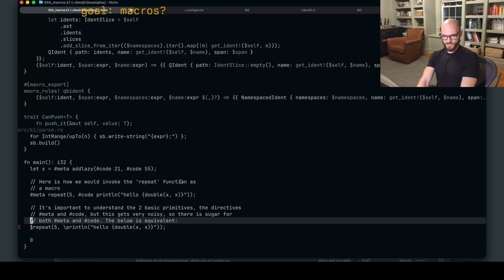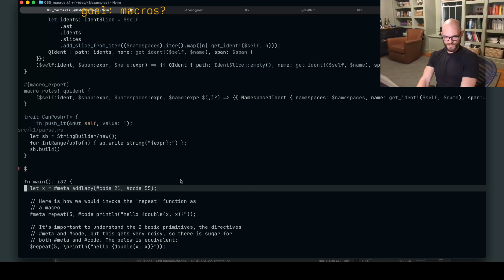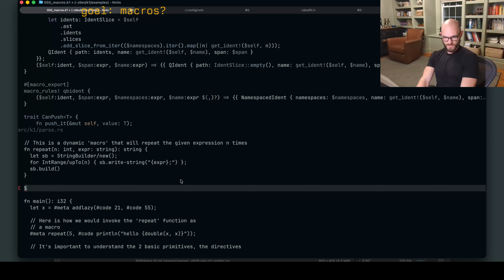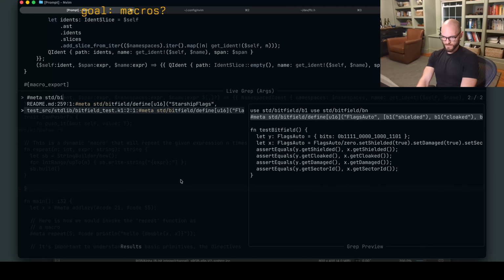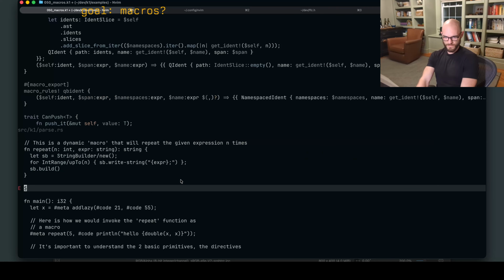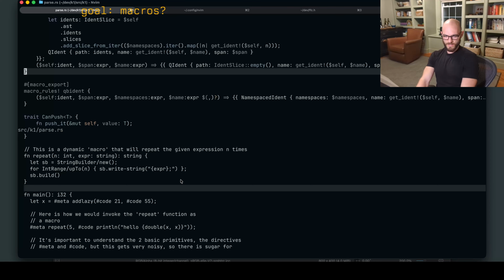Only in this position or also without having to do that? Because now I can just do this, dollar bitfield meta std bitfield define. Instead of writing that, I would just do dollar std bitfield define. I'm gonna do it in both places.